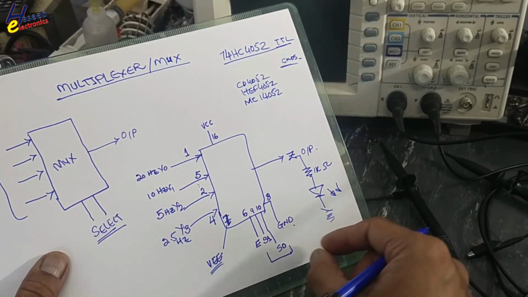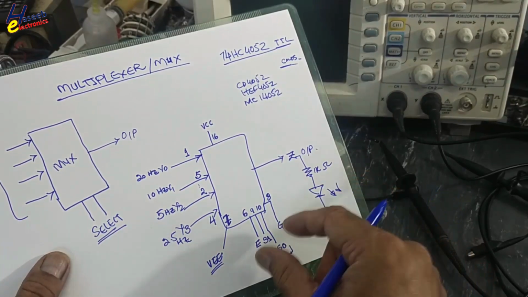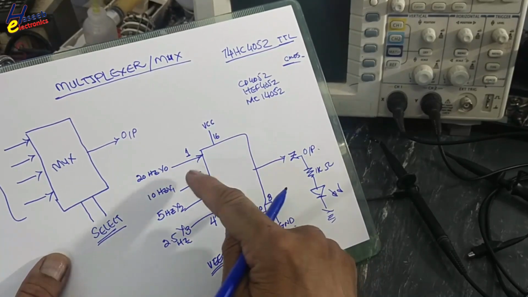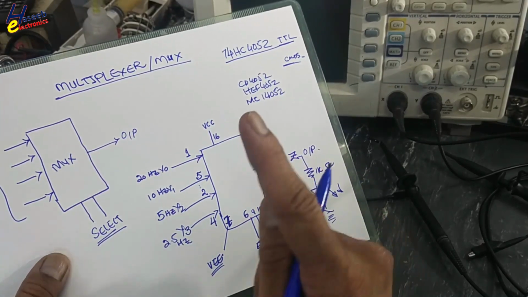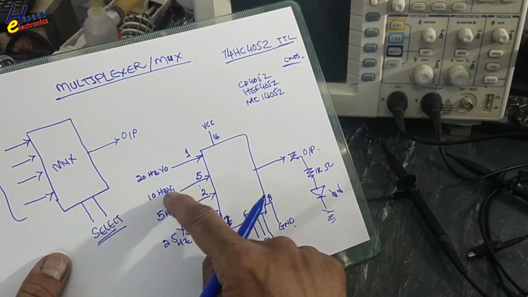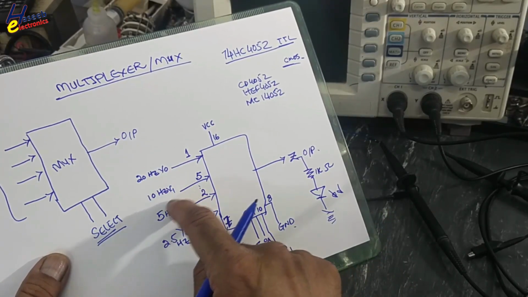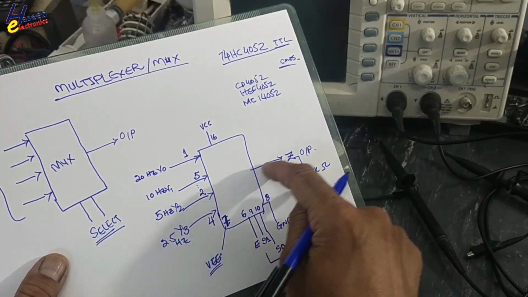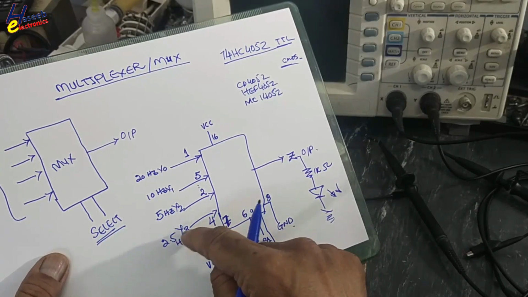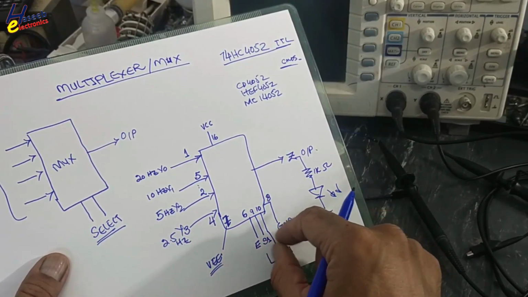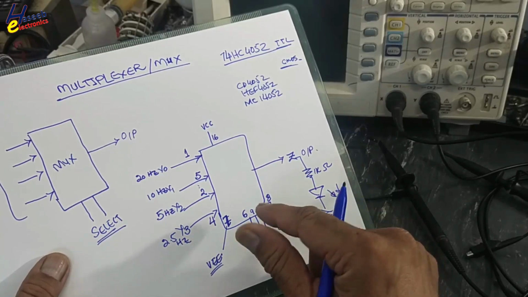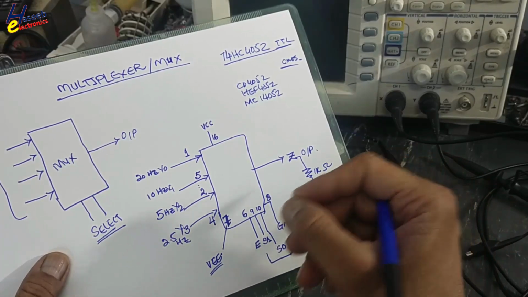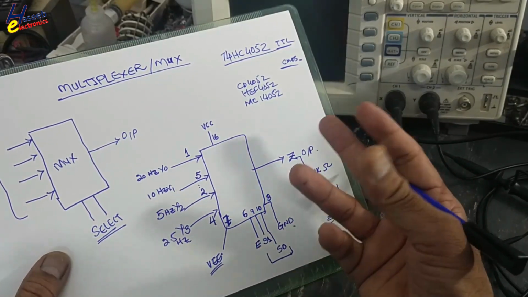Let's suppose we have predefined time intervals to select this signal. Let's suppose I need this signal for 1 second. This signal will be connected at output for 1 second, then 5 seconds for this pin. This signal will reach for 5 seconds here, then this signal for 10 seconds we will receive here, this signal for just 2 seconds. So these codes on these 2 pins will change with the time which we defined in the program, which we ordered to the microprocessor, microcontroller, whatsoever.